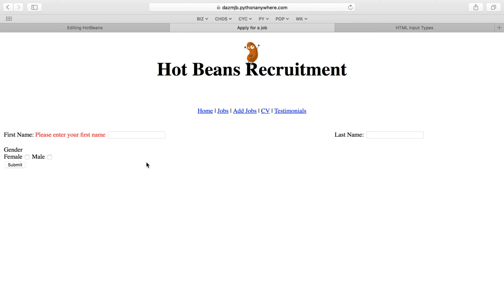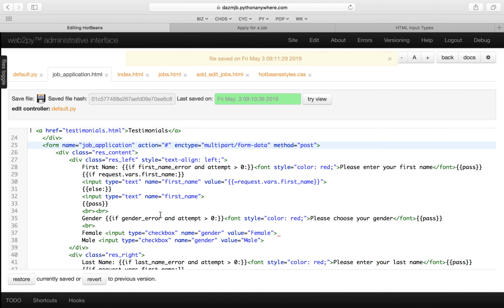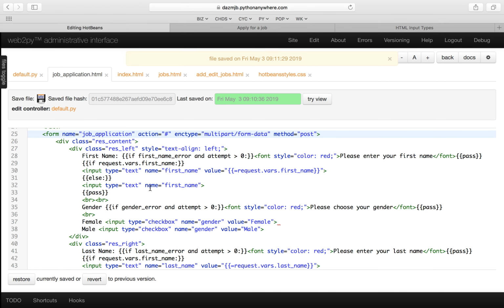So if we hit submit, what do we get? We get that error message. Now it might be that you don't want it like that. You don't want the error message to appear there. Okay, you might want it to appear above it, in which case you would need to move it. So we've got please enter your first name here. We've got the actual